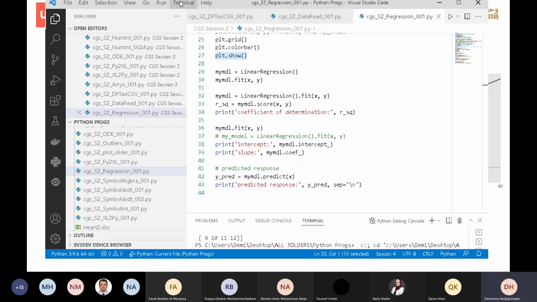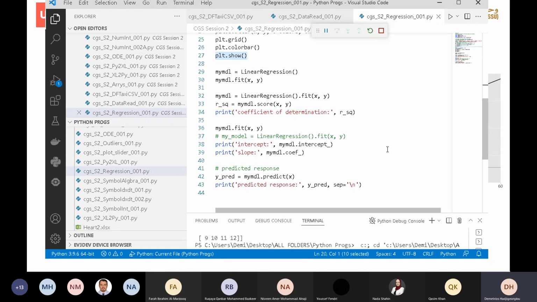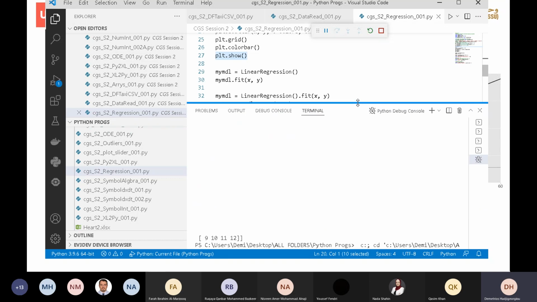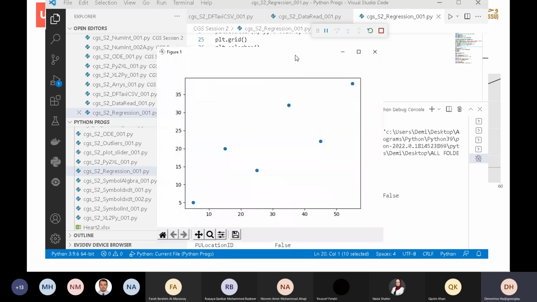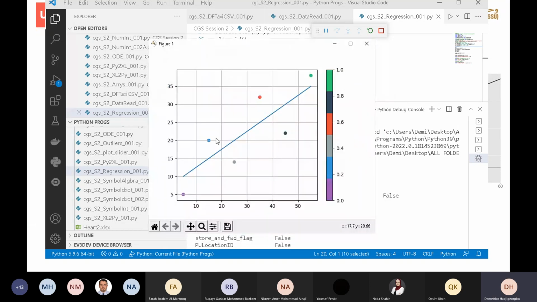So if I run this particular model, what happens is this is the basic data, scattered,